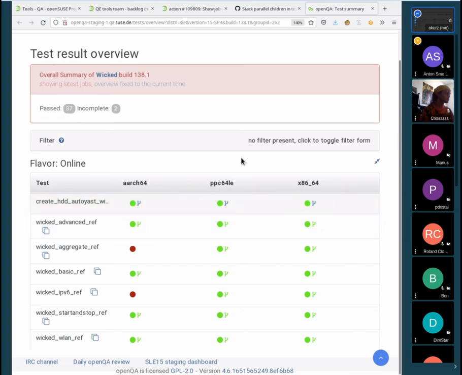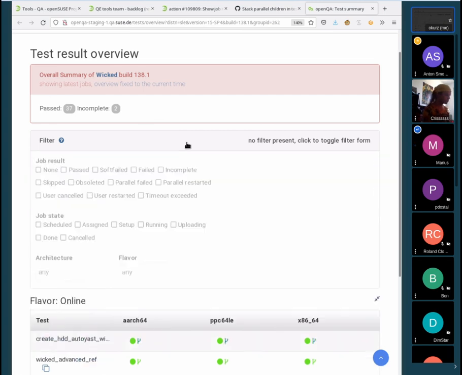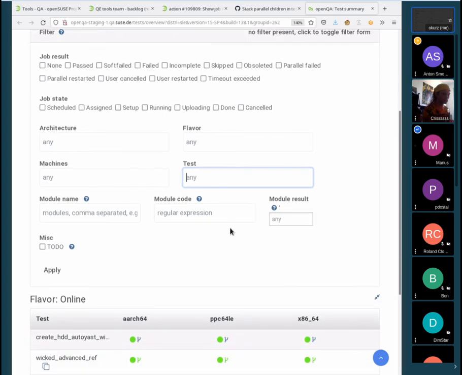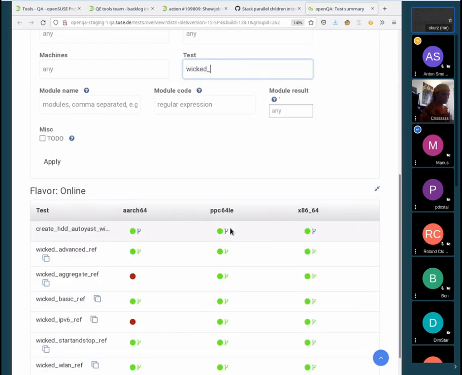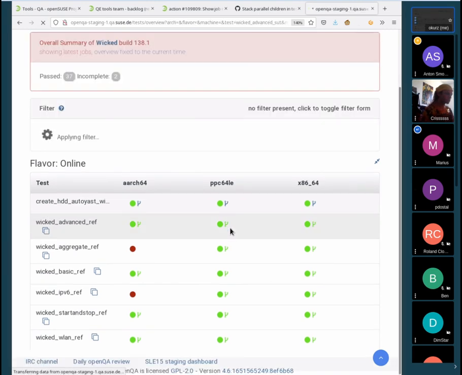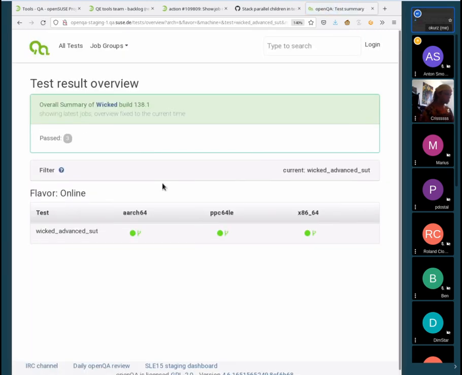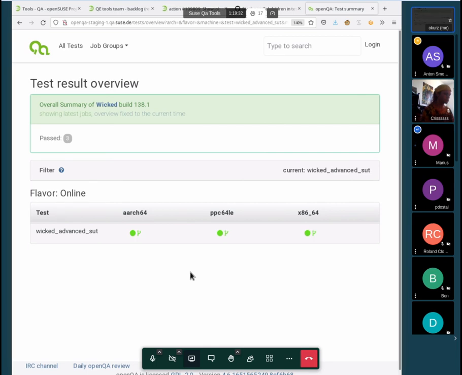If you use filtering, so the parent is filtered out and only the child is present, then this feature is not effective. It requires the parent to be present on the page, actually within the same table. If I just filter for Wicked Advanced, it shows just that.